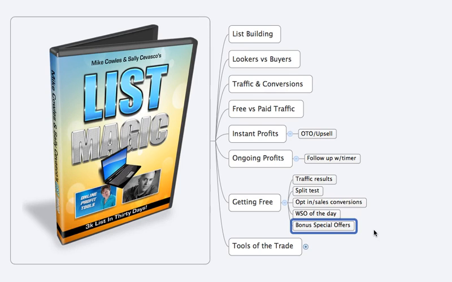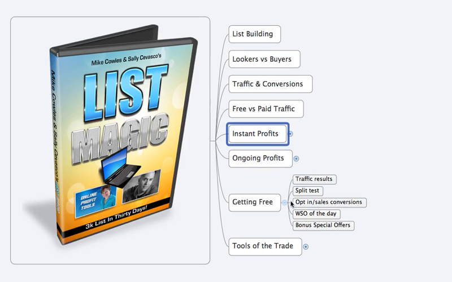Okay, so we're getting into affiliate marketing, but really it's critical to understand affiliate marketing when you do list building. Otherwise, you just have a list of potential cash flow. So when you get to be at that point, then you become a super affiliate where people look forward to your emails. They open them right away because they know there's time sensitive offers and everything else. So that's the big key as far as getting free.